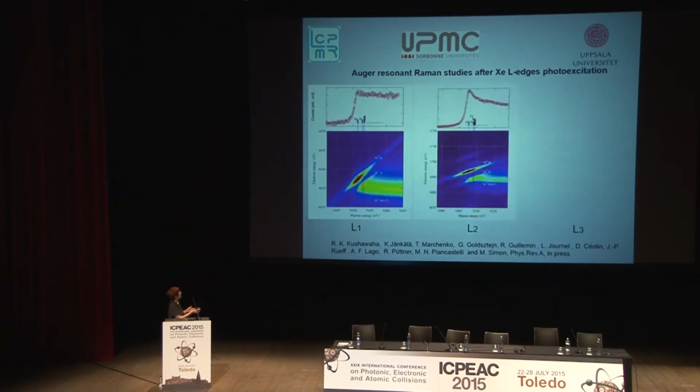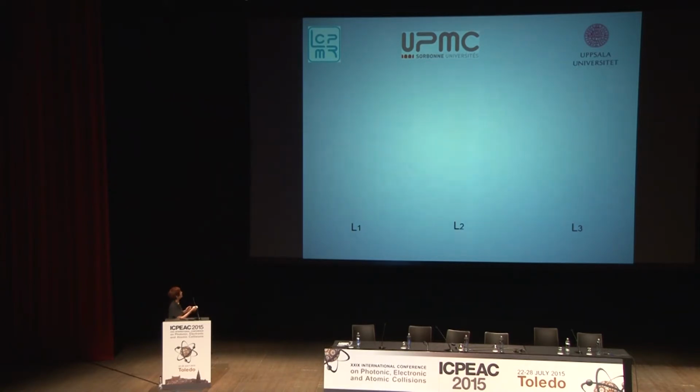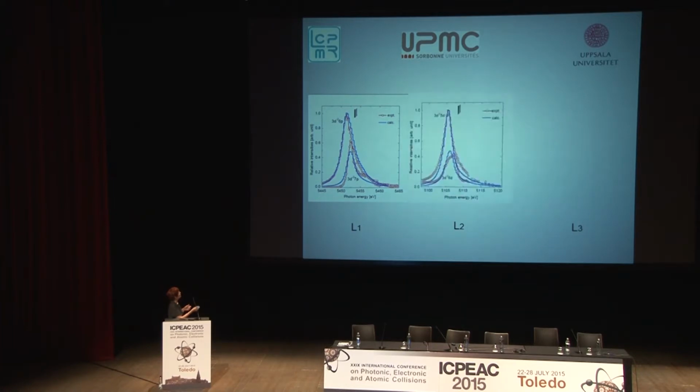So these are the 2D maps for xenon. The main final states are 3D minus 2, 6p, 7p for the L1, 3D minus 2, 5D, 6D for L2, and also for L3. And again, we can plot the cross sections, and again we see distortion. And also